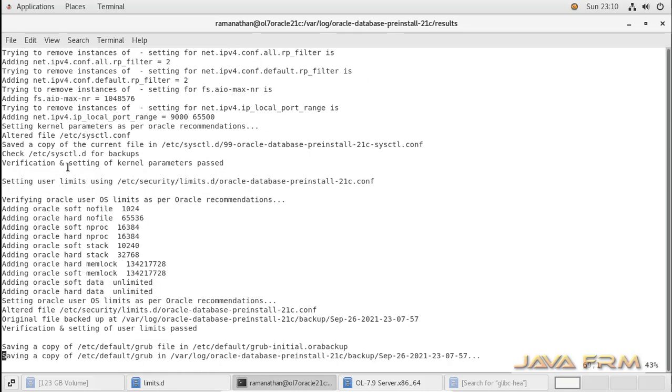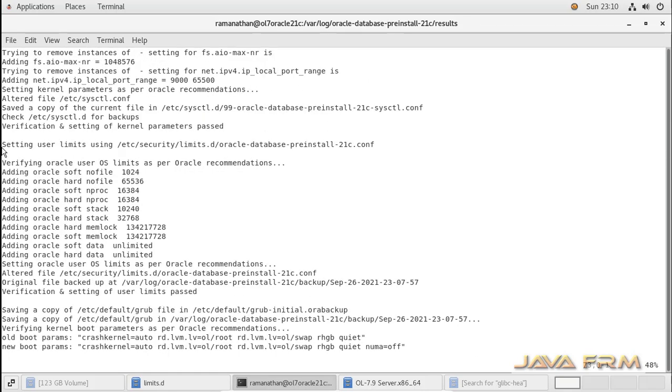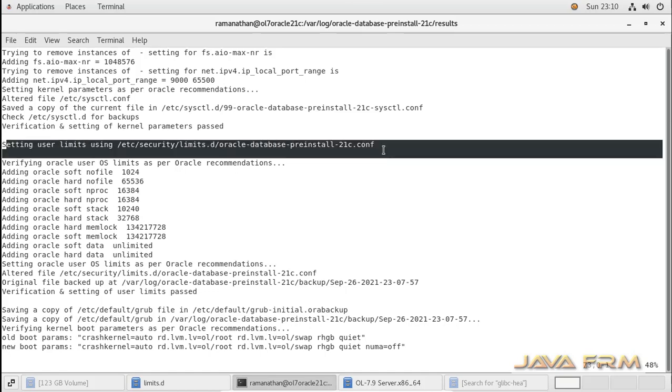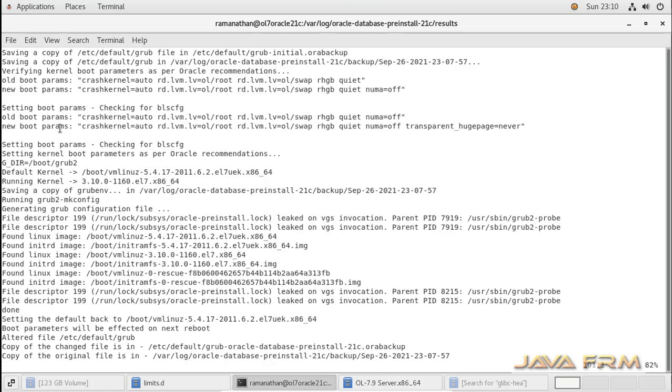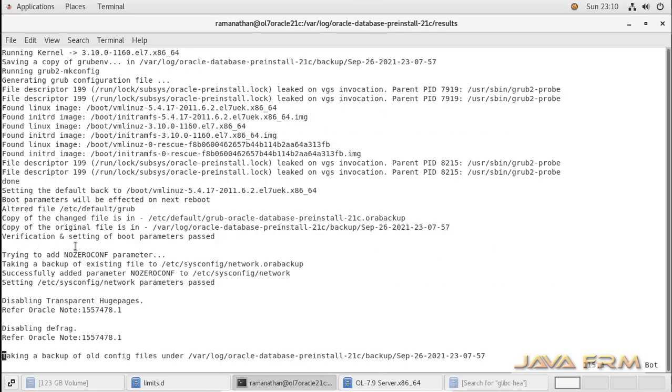And you can see that sysctl.conf and limits.conf are modified, and it takes a backup of the old files. New entries were added. All these are written in this log file. I am showing this log file because it will be useful for newcomers to see what is happening.